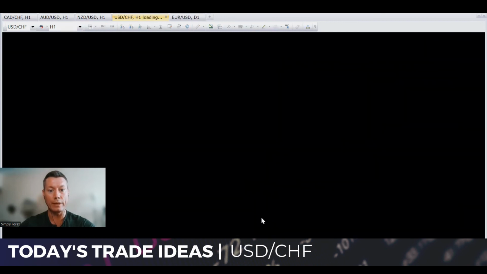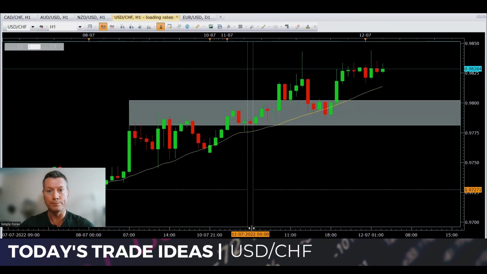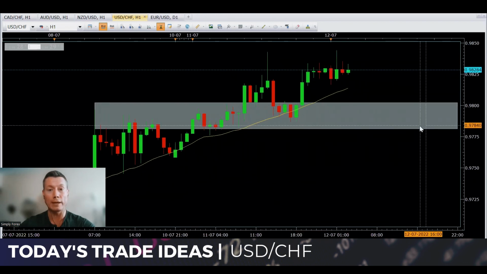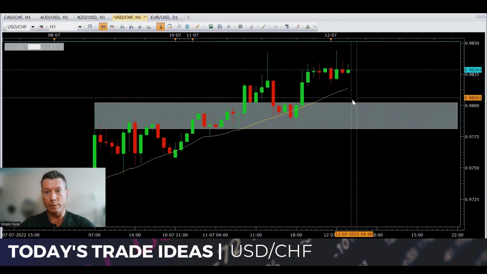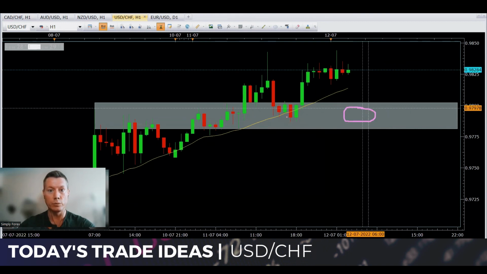All right, let's look at H1 now for our execution. Again, guys, if H1 structure breaks, I'm not interested. So again, we want to see price come back down to this grey zone, which is the last swing low on the H1. Then we want to see a bullish candlestick pattern form. Great, we can enter the chart, take price back up to these last H1 highs here, close 80% of the trade and then leave 20% to run. So US dollar, Swiss franc, we're also looking to buy this pair as well. So they're the 4 trade ideas, guys.